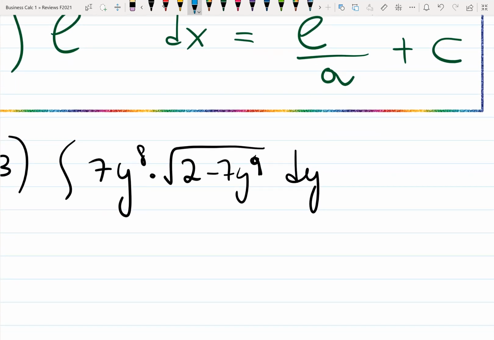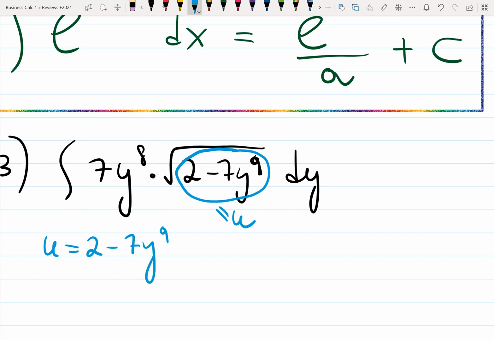U substitution is used when one part of the integral looks like a derivative of another part. Looks like, so times or over some kind of constant, because U substitution is undoing the chain rule, and chain rule is derivative times derivative. So I can see that this part, 7y to the 8, kind of looks like a derivative of the part inside of the root, 2 minus 7y to the 9. Because if you differentiate that, which we are going to do right now, let's call everything inside of the square root u, and we differentiate it, which means we find du, it will give us minus